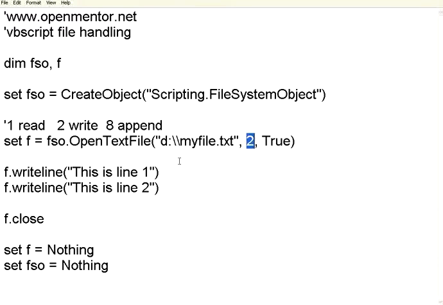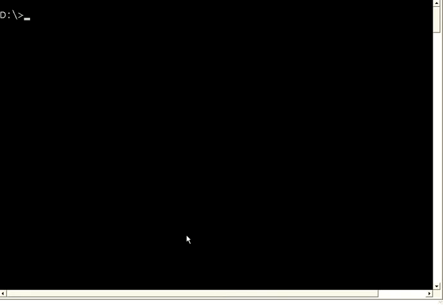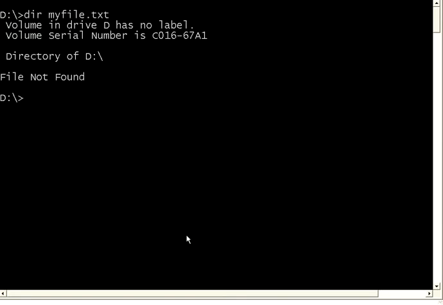I am opening it in write mode. Let us see whether this file is created and the write operations do happen. Let us see here. I go back to this D drive, dir myfile.txt. It doesn't exist now. Now let us execute this file,